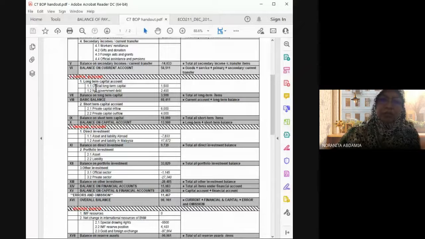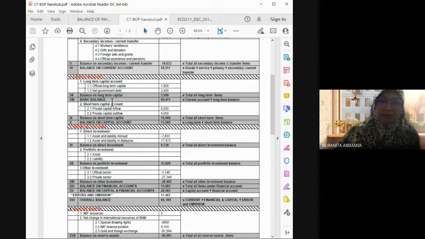So of course under each sub account, there is actually balance for the account. So balance on the long term capital, you just have to total all the long term item. This one, just plus these two, you akan dapat jawapan ini. Okay, but after that, nampak tak kat sini saya letak ni 5, 6, 7 ni, nombor 8 ni, basic balance. Yang saya letak dalam capital ni, this is actually major formula. Okay, major formula. Basic balance, one of the major formula. Jarang tanya, dulu rajin tanya, but now agak jarang tanya, tetapi kod keluar, saya dah beritahu kat sini.